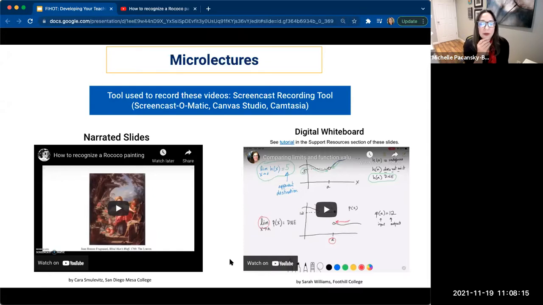And I want to mention Canvas Studio. We had the intention here today to include a breakout session for you to have a demo and try out Canvas Studio if you do have access to that in your Canvas instance. But through our testing over the past couple of days, it wasn't working, and we discovered that same problem in several different Canvas instances. We called Canvas and we weren't able to get it resolved through their support, so we have to put a hold on that demo. We do have some support resources for you for Canvas Studio later in the slides, though, if you want to check that out.